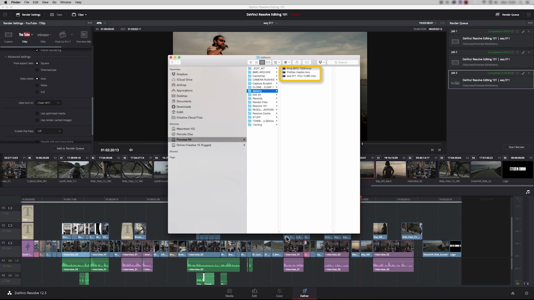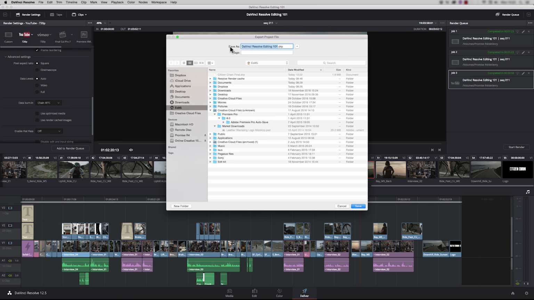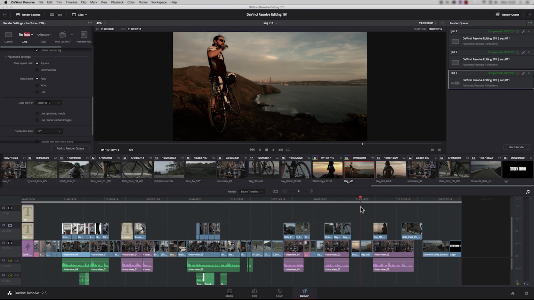So now we've delivered our 3 master files, what we need to do is back up the project. It's really easy. You just press Command E or go to File, Export Project. Give it a name and just say Save. So it's important to know when you export a project that you are not backing up